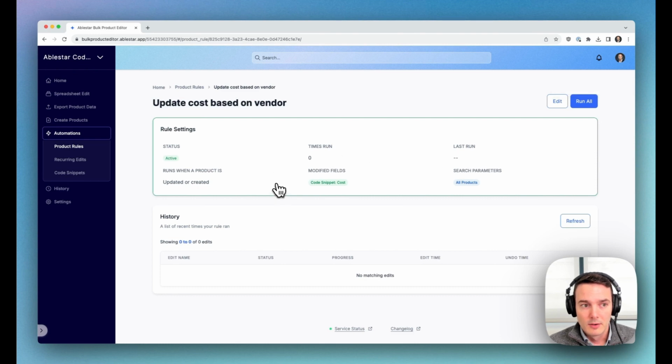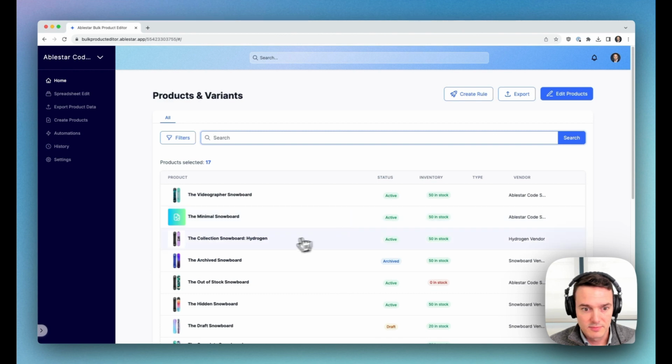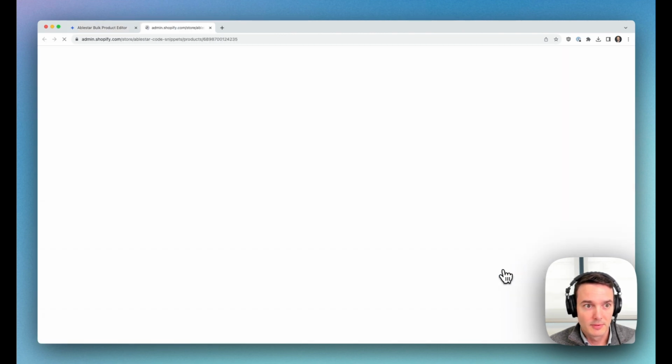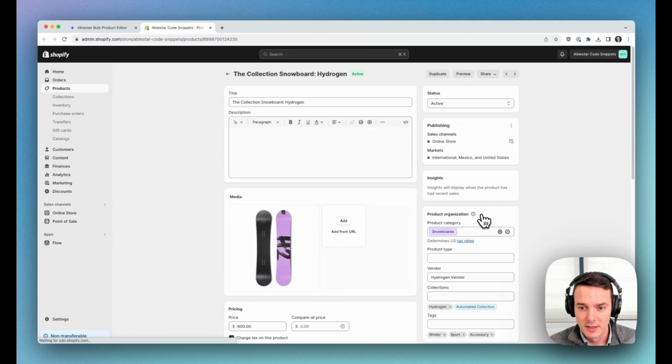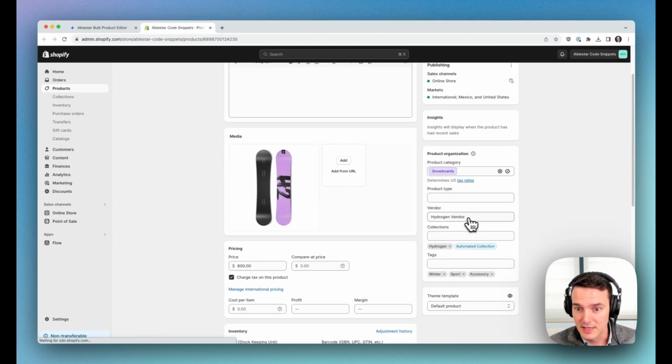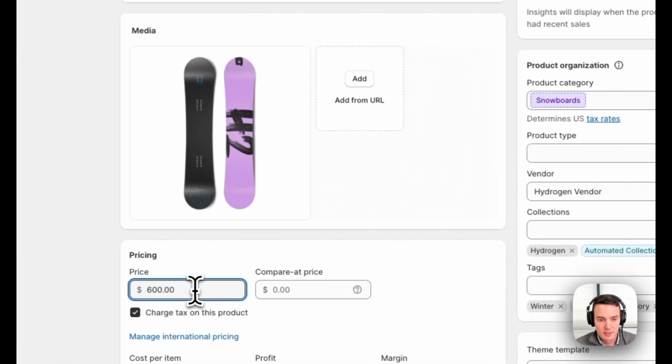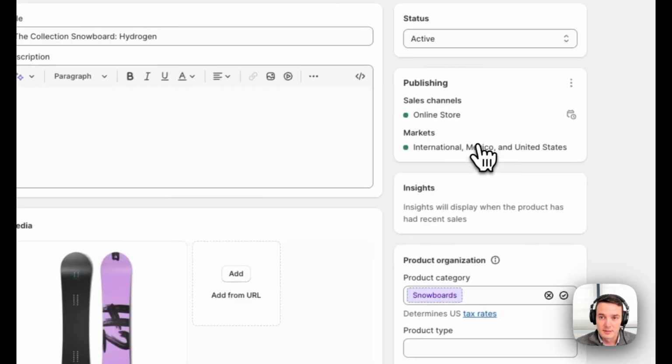So we can kind of see this in action now if we open up one of these products within Shopify. So we'll go ahead and open up this one product, and we see here that the vendor is hydrogen vendor. The price is 600 and there's no cost per item. What we can do in this case is we can change this to 610, save it,